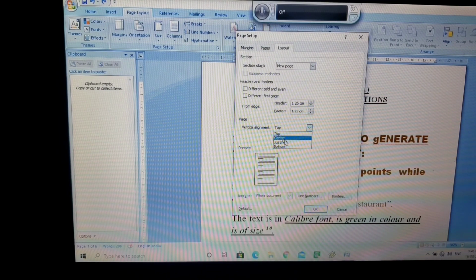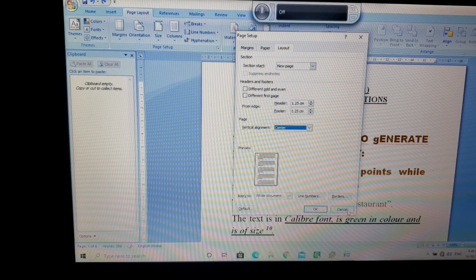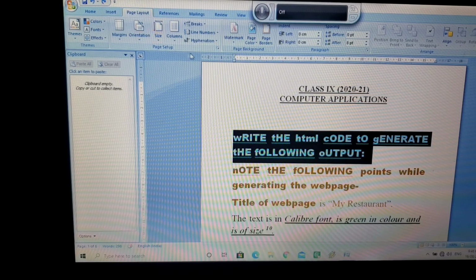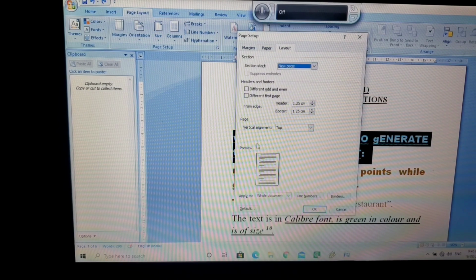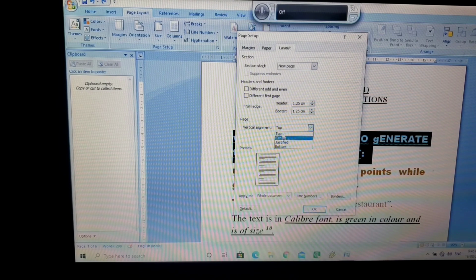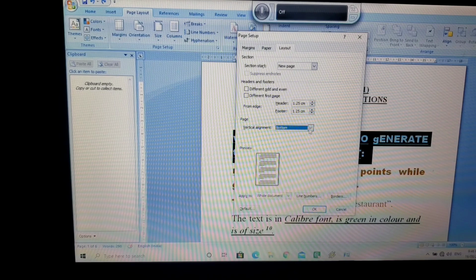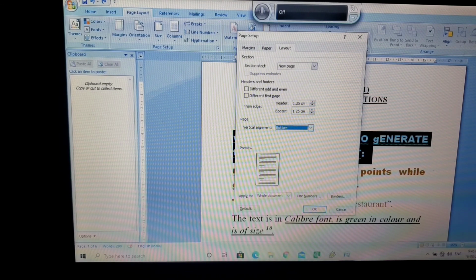Okay, just have your center. First you need to select the text. We have not selected any text. I'll select the first 2 lines, then page layout, then page setup, and then alignment. Whatever type of alignment you want, you can choose from here, and then apply this alignment. Here you can see apply to whole document or to the selected text.